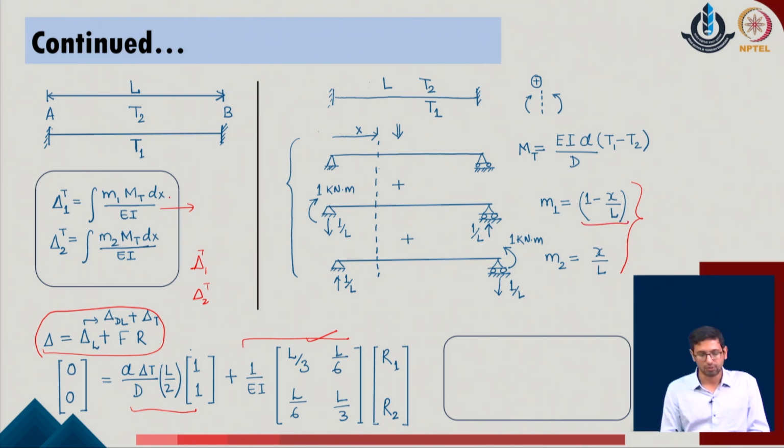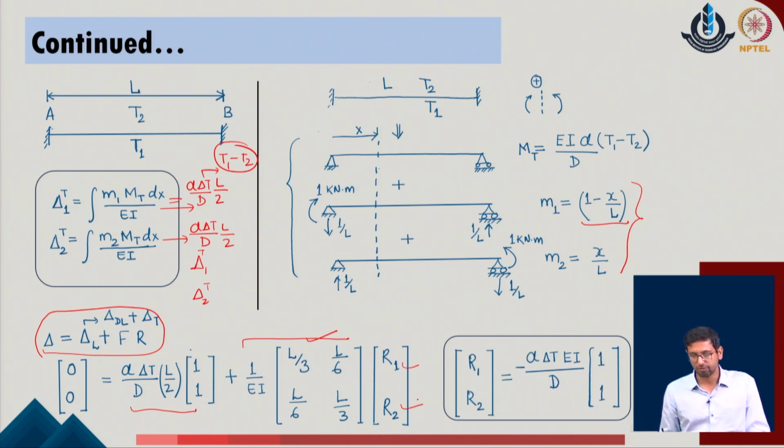We can calculate these values, and this value comes out as alpha delta T L by 2 upon D, and this delta T expression is T1 minus T2, which is the larger temperature minus the smaller temperature. In the same manner, we can also evaluate the delta 2 T for the given system, which is the rotation at the joint 2, and this comes out again as alpha delta T L upon 2D, and this has been described over here. So, with these two expressions in place, we can now evaluate the values of R1 and